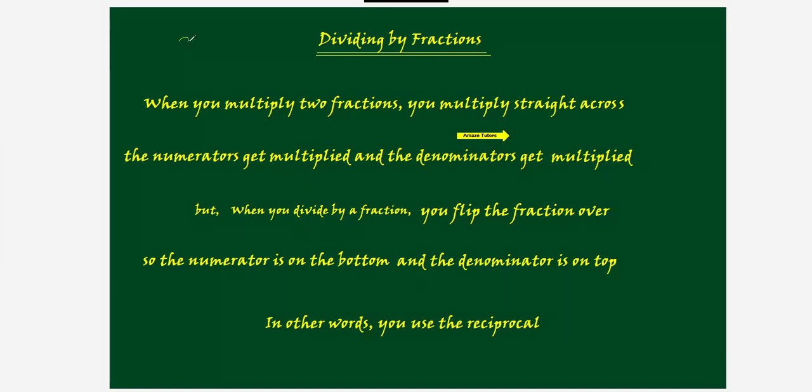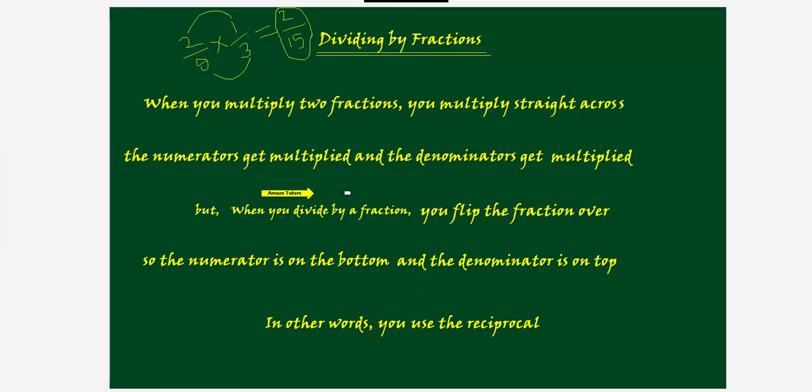I'll show you one example. If it is 2/5 times 1/3, what we have to do? We have to multiply the numerators straight across. 2 ones are 2. Multiply the denominators, 3 5s are 15. That's all. This is how we will do the multiplication. And the final answer, if it is possible, we will simplify. Otherwise, we will leave that as the final answer.